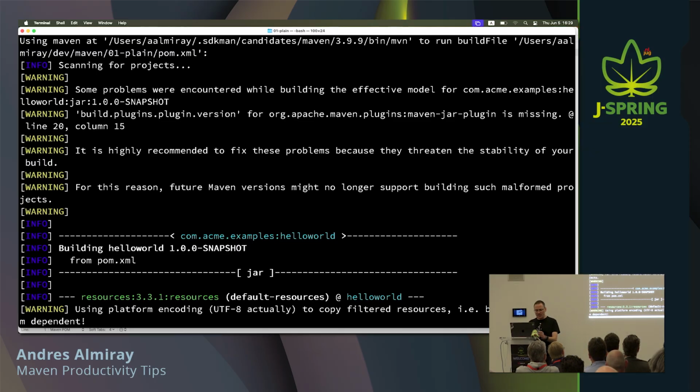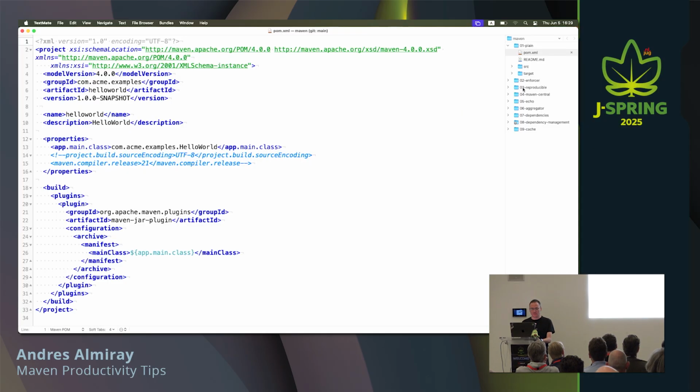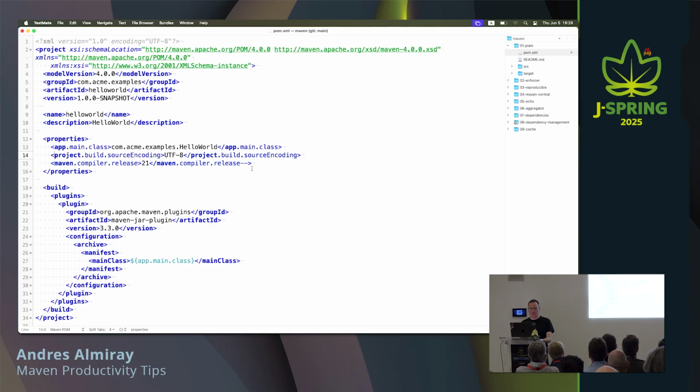So how can we fix the issues on this project? Well, we can give it a version number here, and I think it's 3.3.0 at the very least. And we can also enable these properties. So the other suggestion, instead of switching Maven, was to specify which version of Java we want to pass to the compiler.